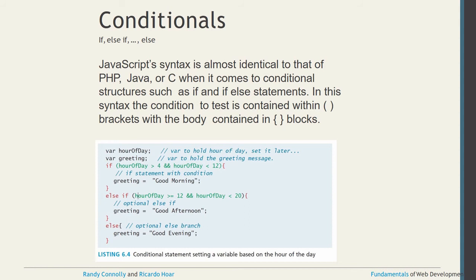So take an example here, this is the textbook's example. Suppose you want to display a greeting message for good morning, good afternoon, or good evening. So you have three conditions. From 4 o'clock to 12 o'clock is morning, from 12 o'clock onwards is afternoon, up to 8 o'clock we can consider. And the last one is anything apart from this, where we can put good evening.